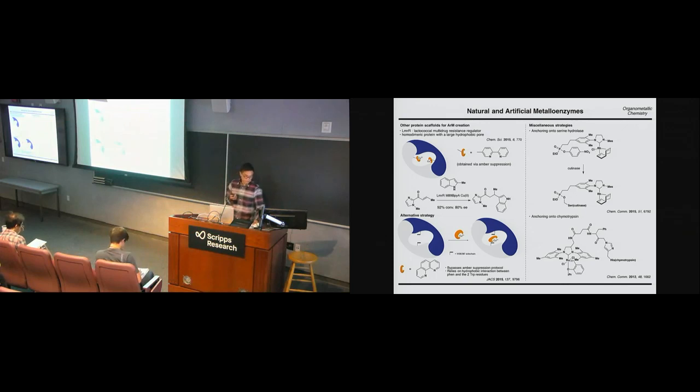And people have also explored the use of chymotrypsin as a scaffold for an artificial metalloenzyme. In this case, an alpha-chloroketone molecule that's tethered to the following Krebs beta catalyst can react selectively with the histidine in the active site of chymotrypsin. Okay, we've talked about